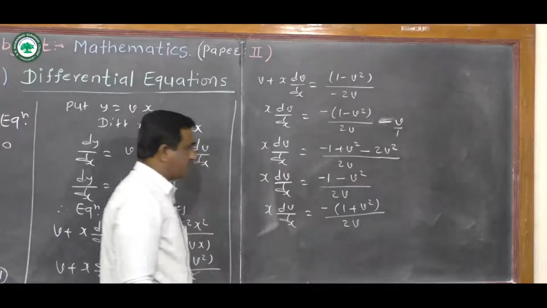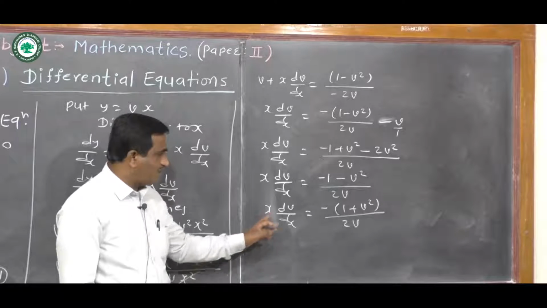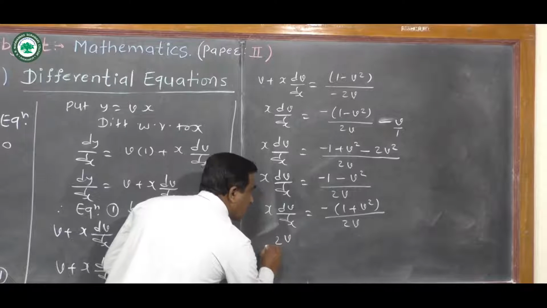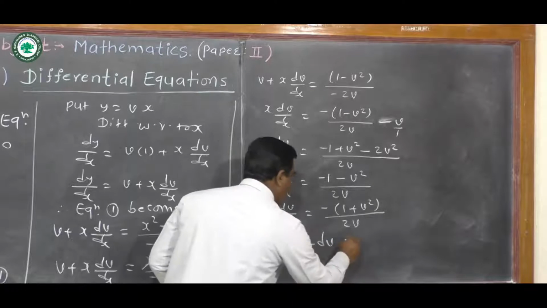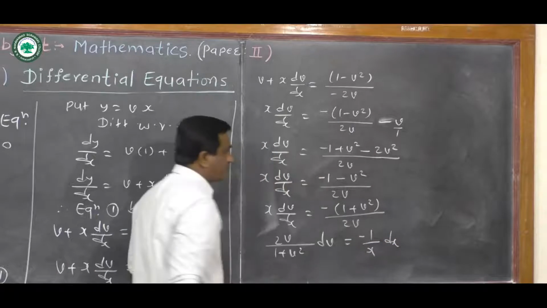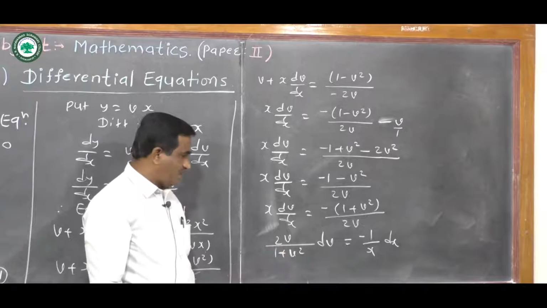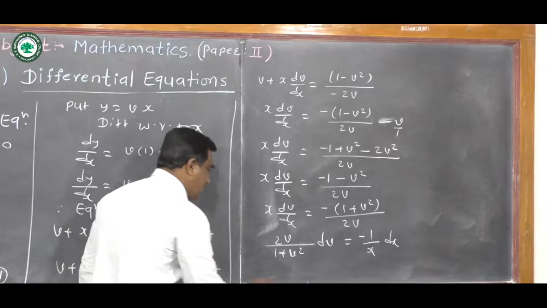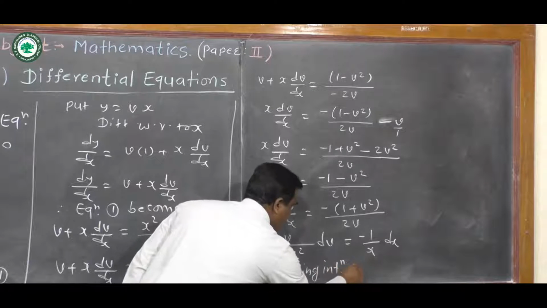We can write terms of v to the LHS and terms of x to the RHS. Therefore, 2v upon 1 plus v square into dv is equal to minus 1 upon x into dx. Okay, this is the variables separable form of the given differential equation. Here the variables are x and v. Okay, we can take integration here. Therefore, taking integration on both sides,